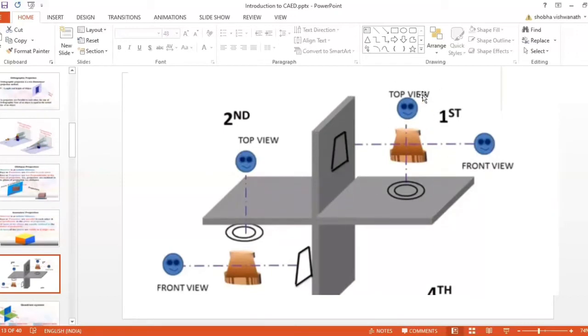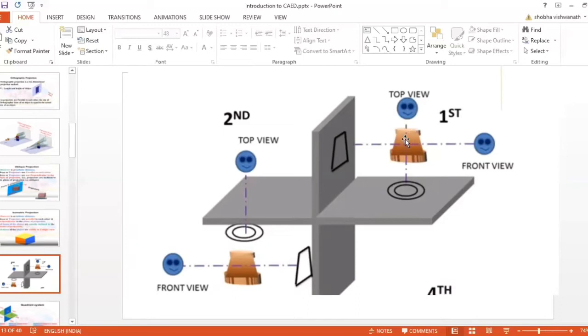And what he sees from the top of this object, you are going to project downwards. That you can call the top view. This will be the top view, and this will be the front view. In orthographic projection, the front view is always represented on the vertical plane, and the top view of the object is always represented on the horizontal plane. Now we'll concentrate only on the first quadrant, because most of the problems you are going to draw in engineering drawing will be based on the first quadrant, that you can call the first angle projection system.